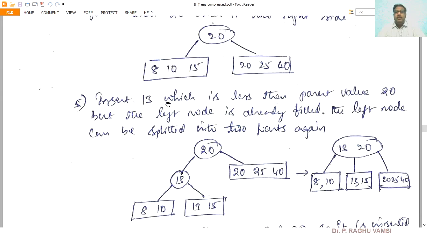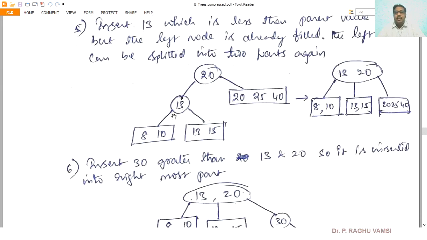Whenever you perform the split operation, we get 8, 10, and the newly inserted 13, 13, 15. Since 8, 10 and 13, 15 are split, they must be attached to a parent. What is the parent? The first element of the right split will become the parent. So 13 goes up, with 8, 10 and 13, 15 below it. According to condition 4, the address of the first element of the right split must be present in the parent. So 13 is there.